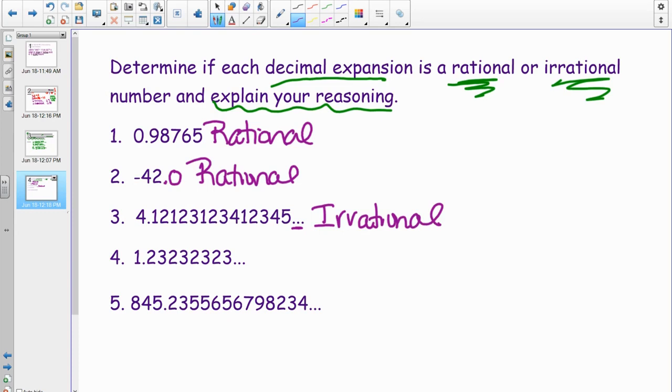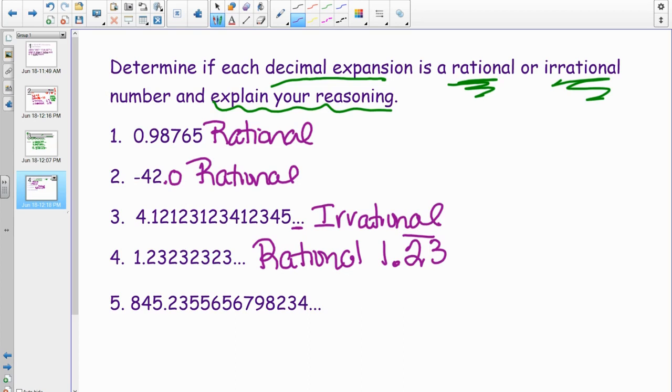Now, look at number 4, and hopefully you put down rational. And this is rational, and the difference between 3 and 4 is you're repeating 2 and 3. So notice it's not a pattern. It's the same number being repeated over and over. So 2, 3, 2, 3, 2, 3, 2, 3. And you could write this with a bar notation, which I like writing it because it seems simpler and it seems cleaner. So it'd be 1 and 23 hundredths repeating over and over. So that is a rational number because it can be written as a ratio